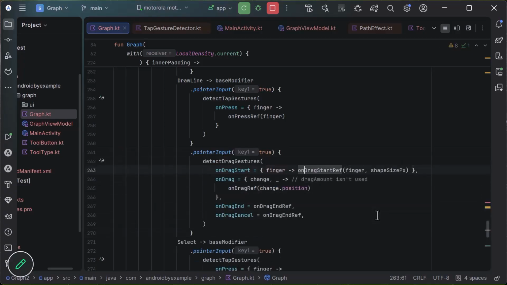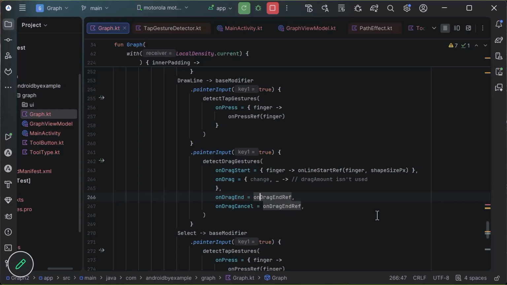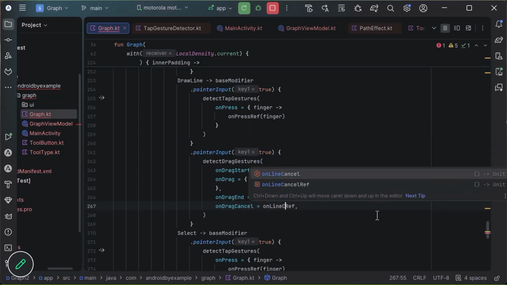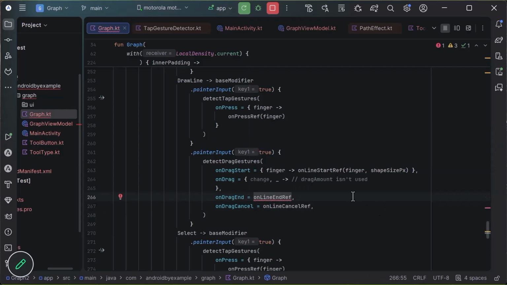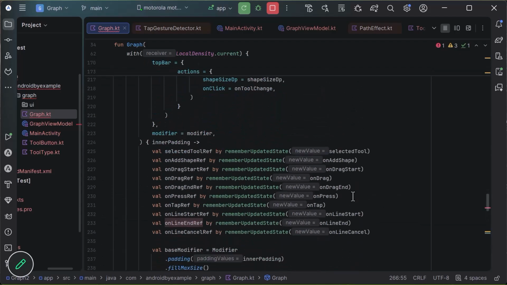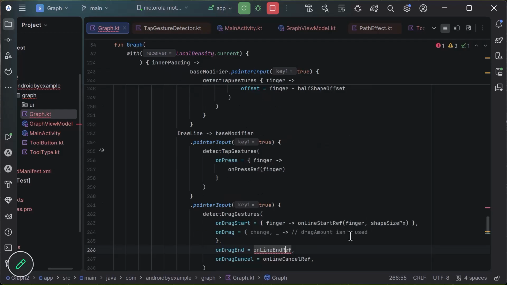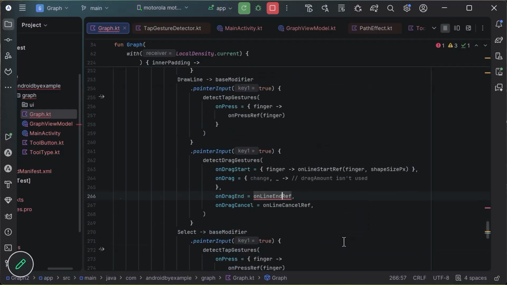So drag start is going to be on line start. On drag is going to be, we'll come back to him in a second. On drag end is going to be on line end. On drag cancel is going to be on line cancel. So let's see, line end ref, isn't that what I called it? Oh, I'm not passing in the parameters. Okay, so we'll pass in